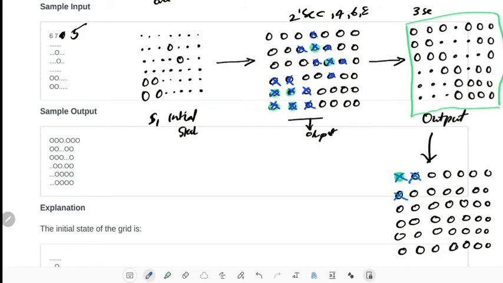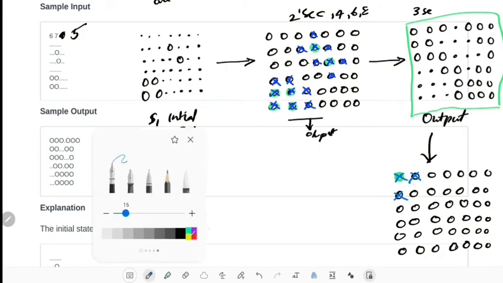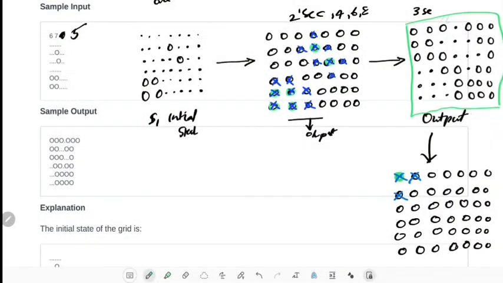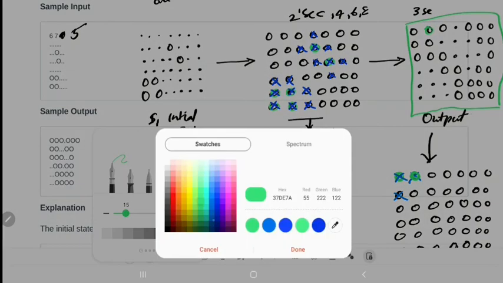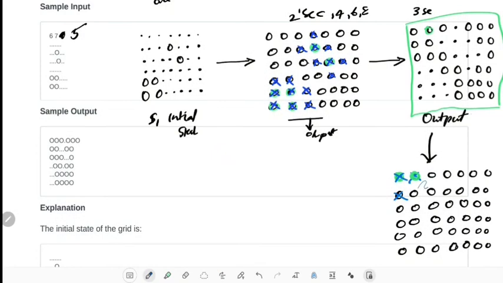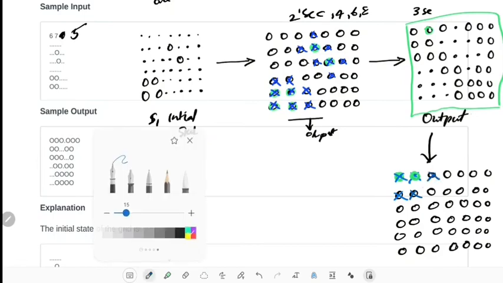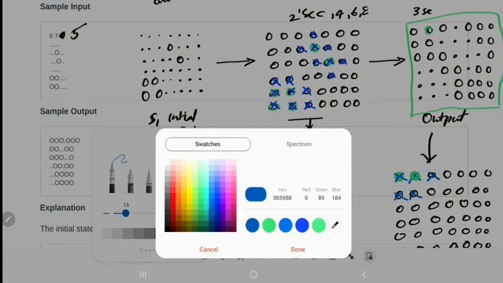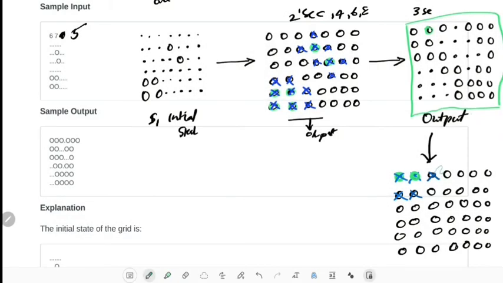Next I will take the second bomb. If the second bomb gets detonated, then all its neighboring cells, this one. Similarly, we have to repeat the same step. So let me color everything directly. This one, there is a bomb here, there is a bomb here.